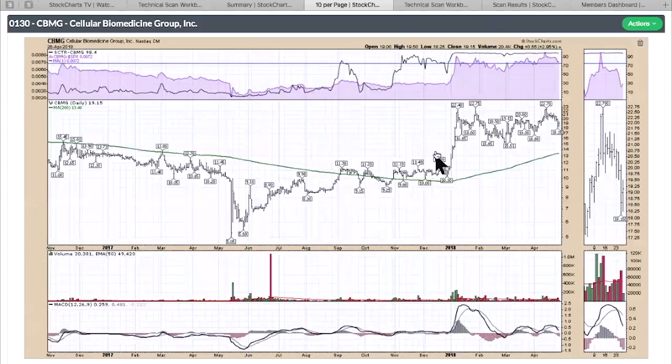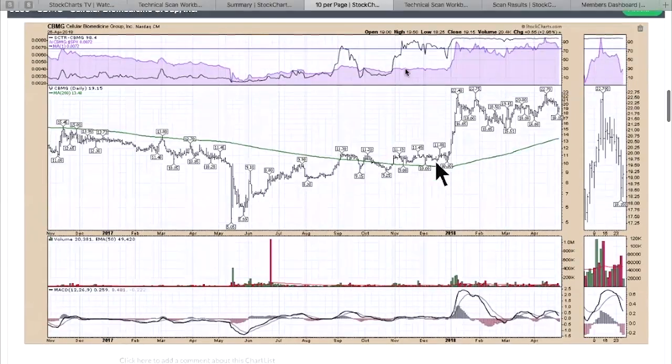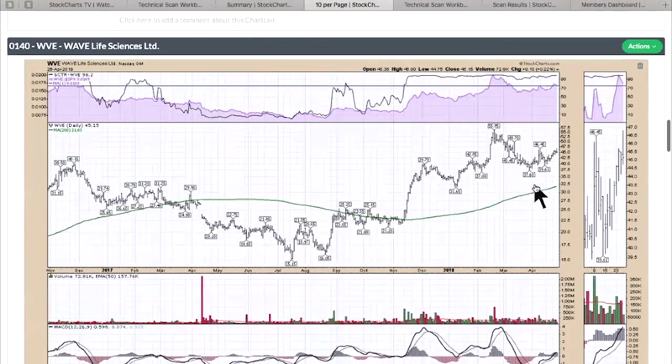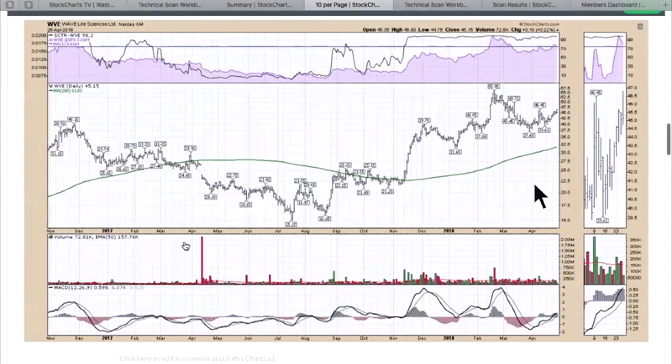Now, so we've walked through a few of these, and I think you get the feeling like, look at how nice these charts are and how the scooter goes to 75 and they break out, and you still have to figure out how to manage this huge move. This was 25% in a month. This was almost a double in 6 weeks. This was down 30% in a month. So a huge volatility, and that's why I would suggest, but look at how nice these chart shapes are, and